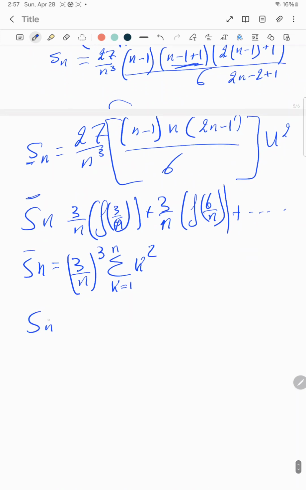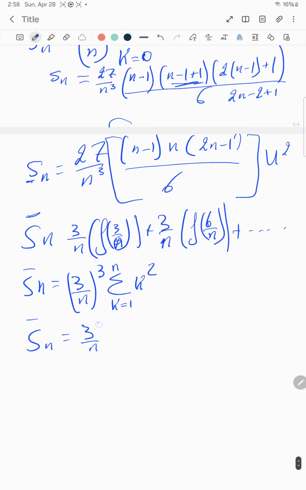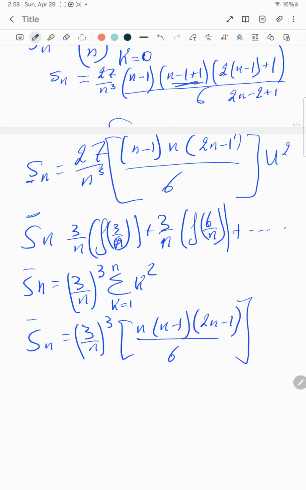And my Sn is equal 3 over n, or 27 over n to the power of 3, multiplied by n minus 1, 2n minus 1 divided by 6 unit square. So my area will be between